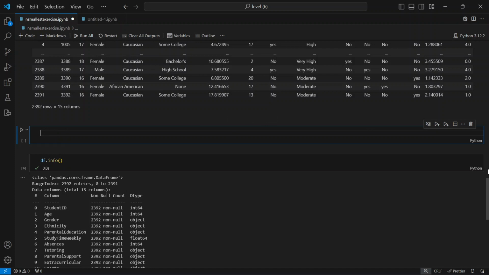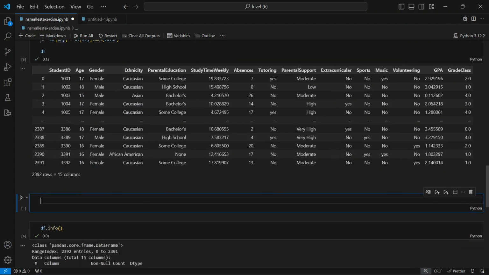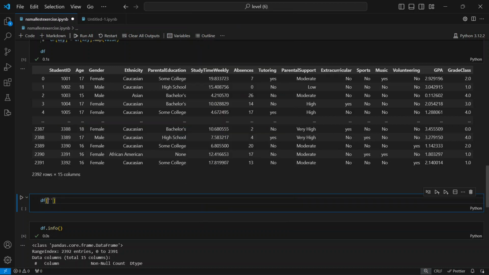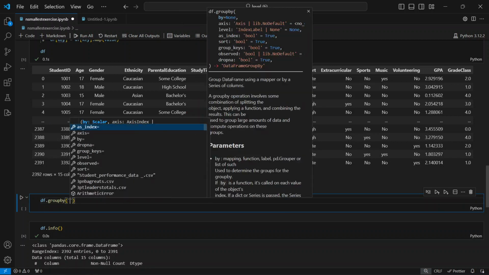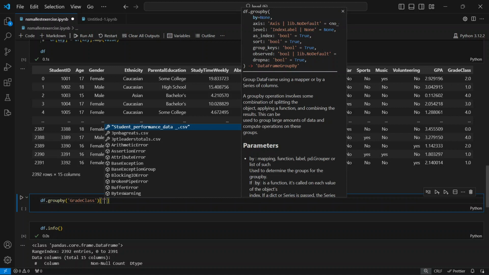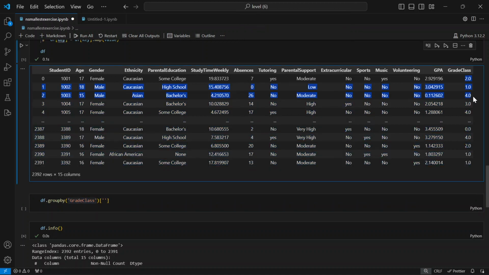And I'm just going to create a code here, and I want to see how the absences actually affect the GPA. So I'm going to use the grade class, because the grade class is, I think, categorized. No, sorry, so I'm going to group by. I have done a lesson on group by, and it's in the channel, and you can always go and check it out. You're going to see the link up there now. So I'm just going to put grade class, which is what I'm grouping by. So I'm going to be grouping by these grade classes, and then